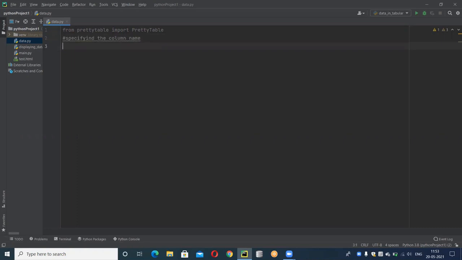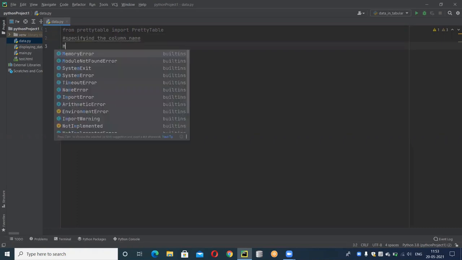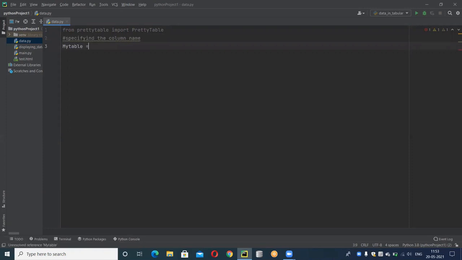Now, for example, my table name is mytable. Then using PrettyTable, I am adding my column names.